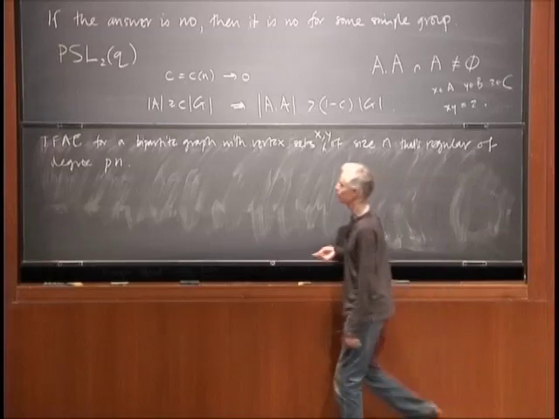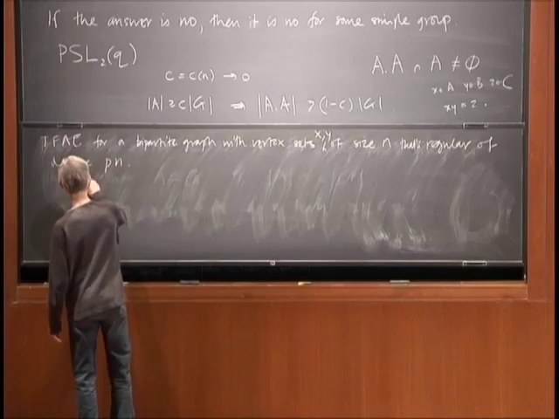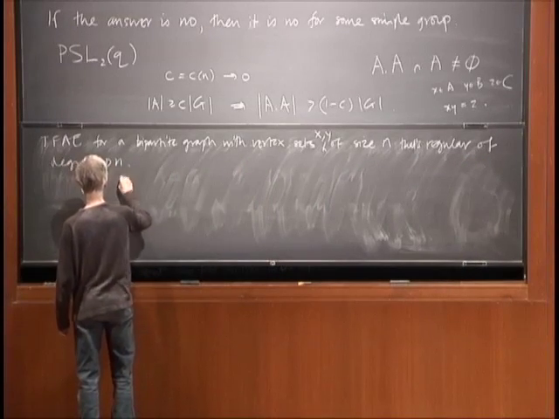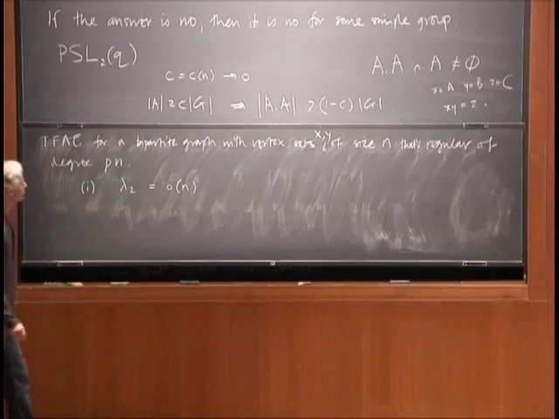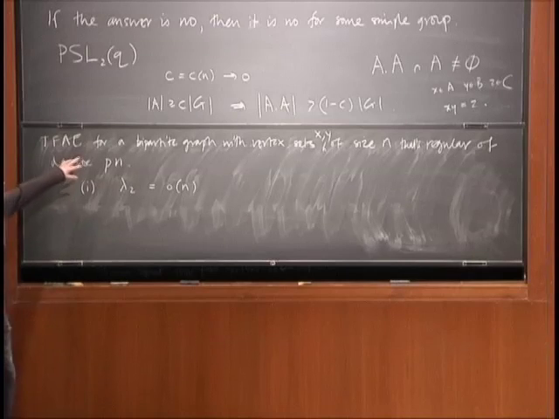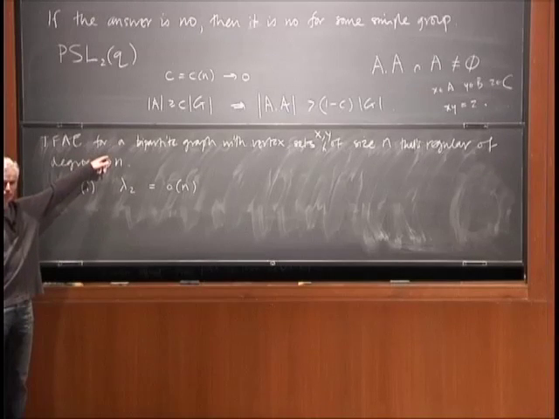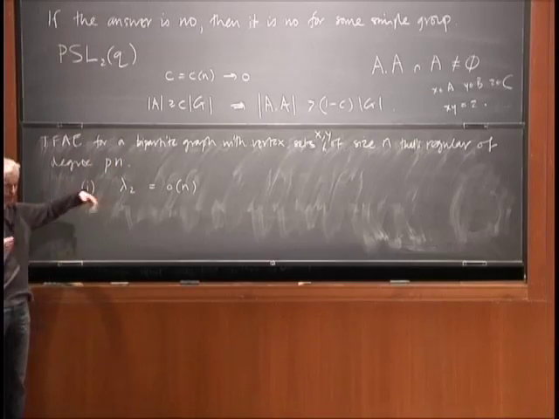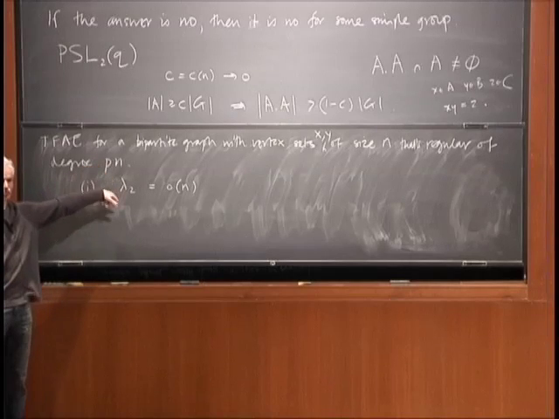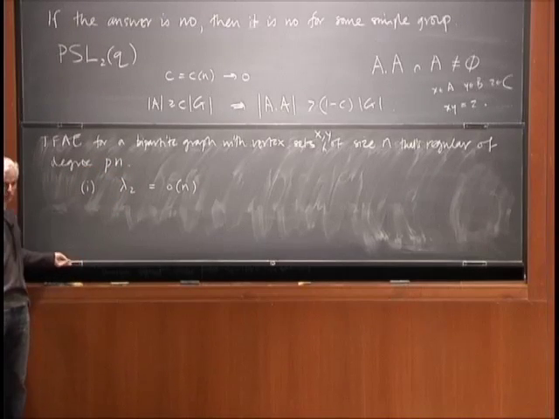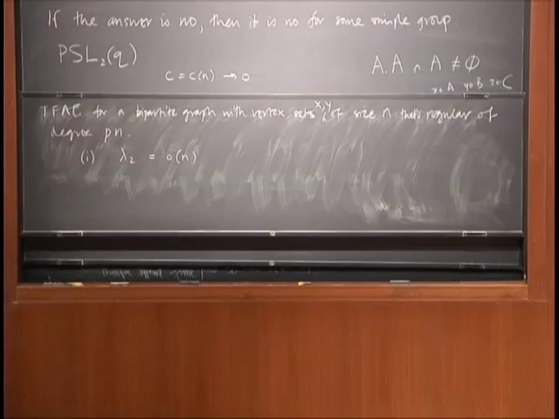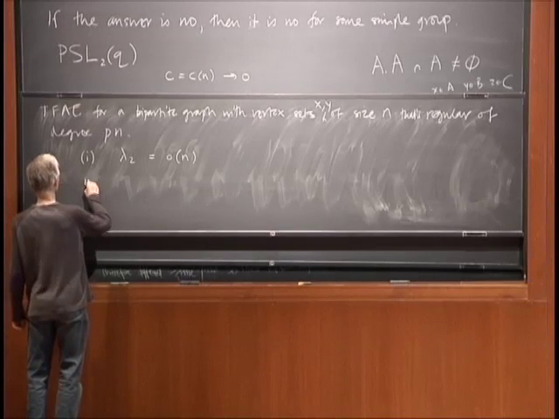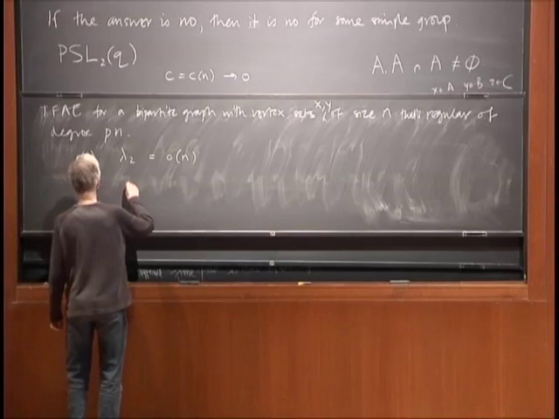And so one of them is lambda 2 is little o of n. Here I'm going to assume that p is some fixed constant and n tends to infinity, but actually if you do the calculations carefully, you can let p tend to 0 as n tends to infinity, and that's what we'll actually need later on. But I'm just going to state it in the regime where p is some fixed constant. So one is that the second largest singular value is not too big. Another is that